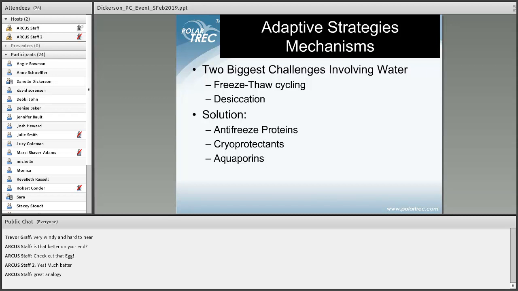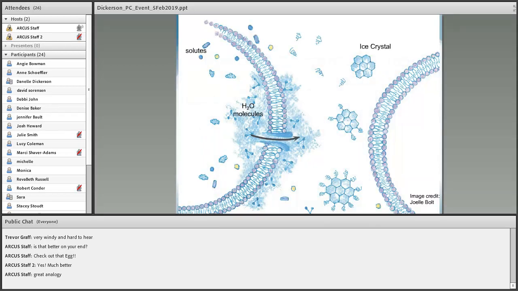These animals have come up with anti-freezing proteins that bind the water crystals as they're growing and prevent those ninja stars from getting really big inside their cells and doing damage to their cells. So if you go to the next slide, you can see this cartoon that shows what a cell